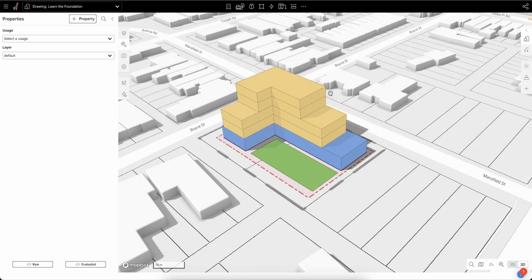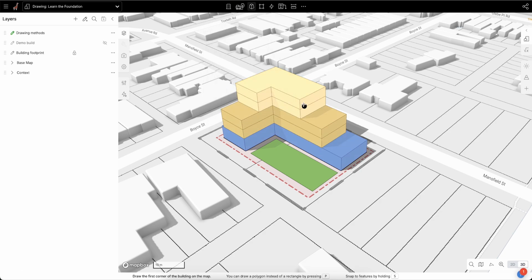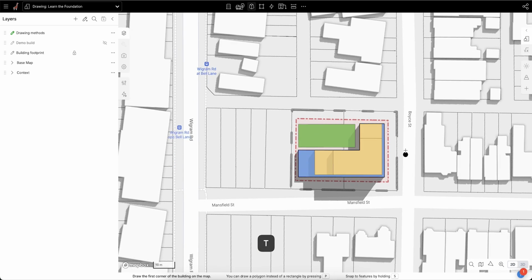And the last thing I want to mention is the land use tool. So navigating back up to the drawing toolbar, selecting land use, again, that same creation method that we've seen exhibited across building and landscape. We can also do that in land use. So a land use is, again, a type of usage. However, these usages represent more generalized planning uses rather than the built form, which is what we used previously to create our project. So if I navigate down to, let's say, a low density residential